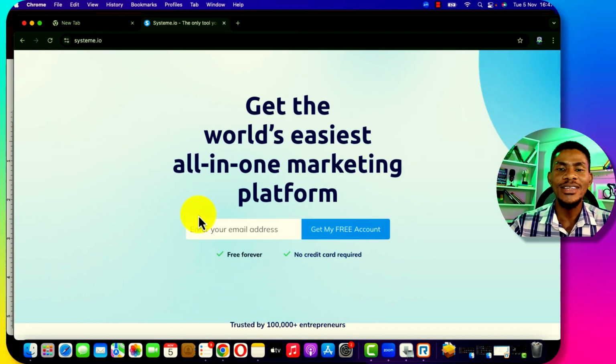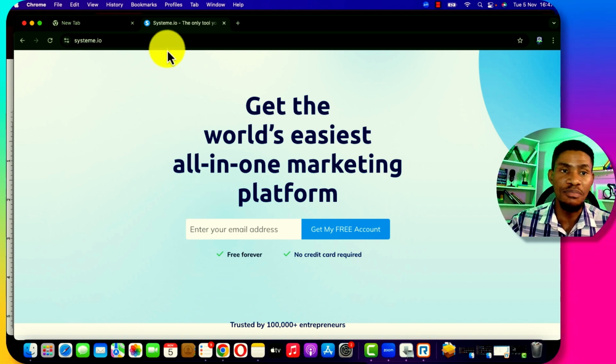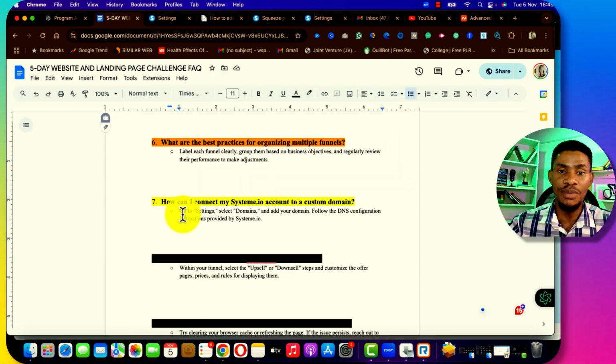Now, if anyone is thinking about this particular FAQ number 7, it simply means that the person is serious with his business and he wants to take it from one level of just trying the platform to a level of, you know what, I want to invest and actually use this platform for real business. And it's at that point that the person will start thinking about this particular FAQ. I'm talking about FAQ number 7, which simply is about how can I connect my Systeme IO account to a